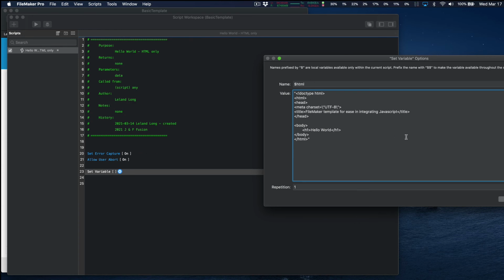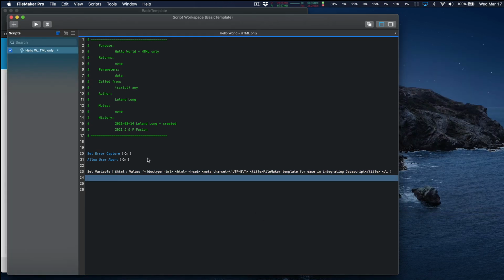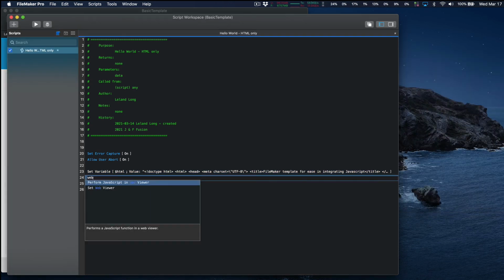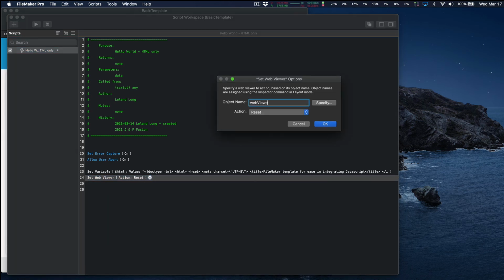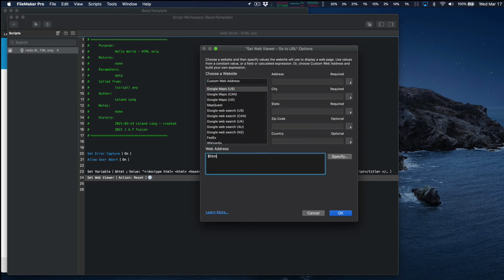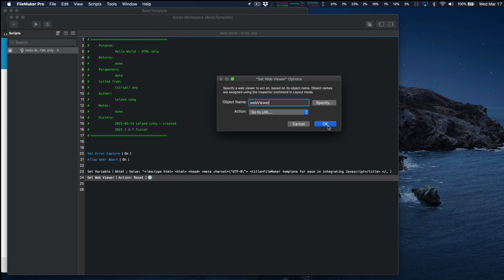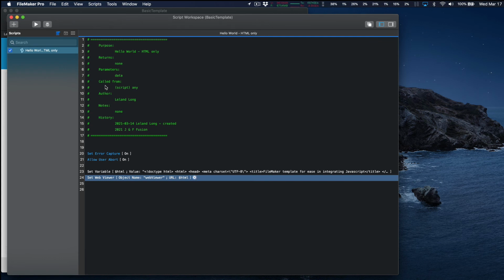If you're familiar with HTML, this should look fairly familiar. Title is completely unnecessary, probably traditional. You can leave that out. Mostly what we have here is a couple body tags with an h1 element inside with Hello World. And then we will create a script step to insert this into our web viewer. This is where we put in our web viewer name. And instead of resetting, we will go to URL, but we'll put in our HTML variable that's already been declared. Click OK, save the script,